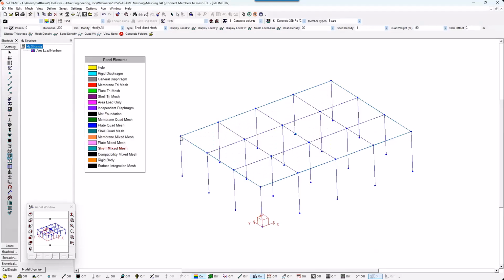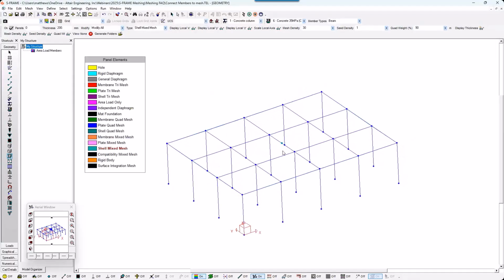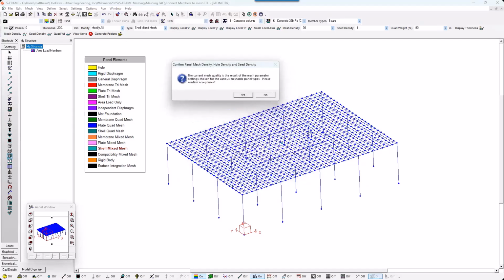And you'll be able to see pretty quickly here that we've got shell elements that are produced, or sorry, panel elements that are produced. And with our knowledge of the importance of nodes along the length of our panels and internally in our panels, we should understand that the tops of our columns should get captured by the meshing algorithm. So when I go ahead and click the mesh panel elements of type membrane, plate or shell, it's going to produce for me a mesh that basically ensures that all of these column joints are integrated in